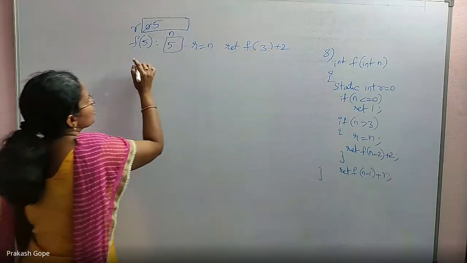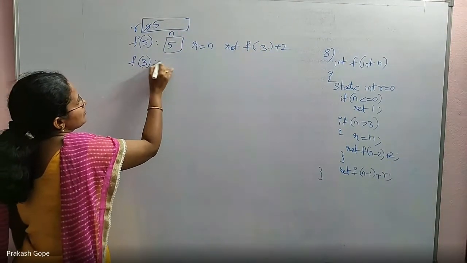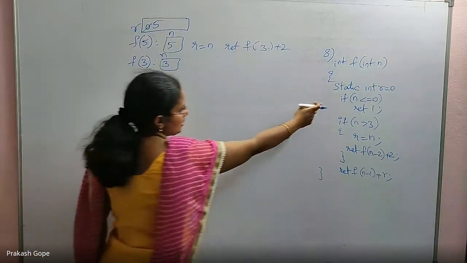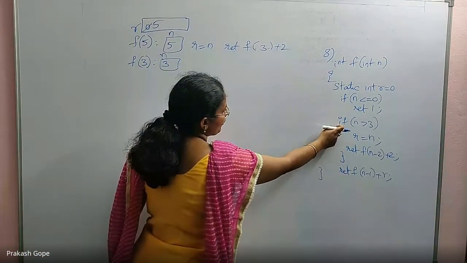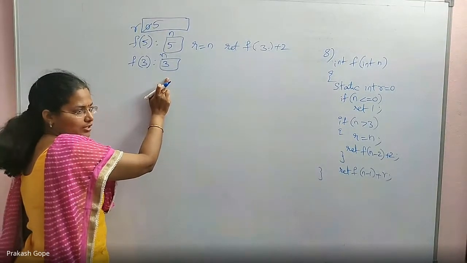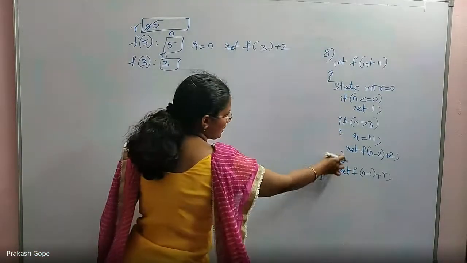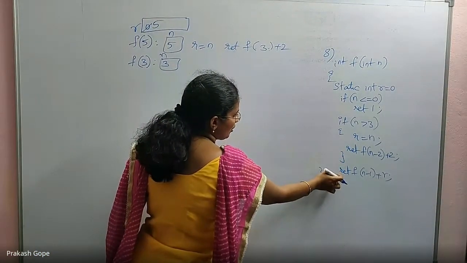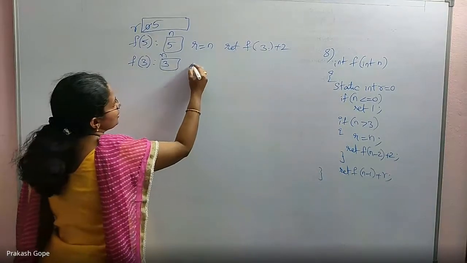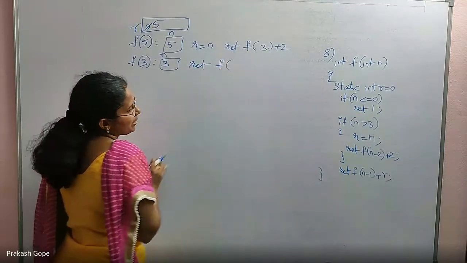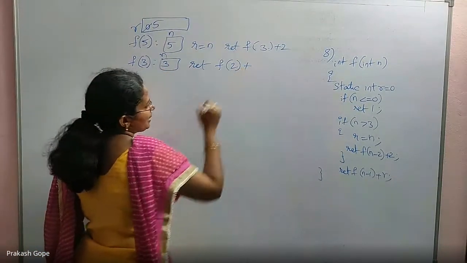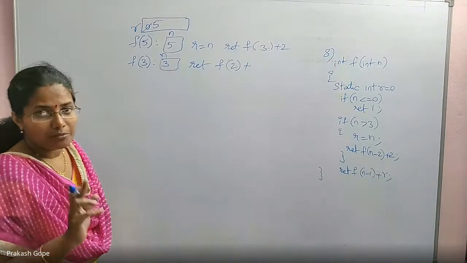So jump to this function call, f of 3. N value is copied with 3. N less than or equal to 0 is false. If n greater than 3, is 3 greater than 3? False. So the if block is skipped and we continue from there, it is not an else statement. If it is not true, I will continue from here, which is return of f of n minus 1 plus r. What is n minus 1? 3 minus 1, 2. Plus r value, I am not substituting now.